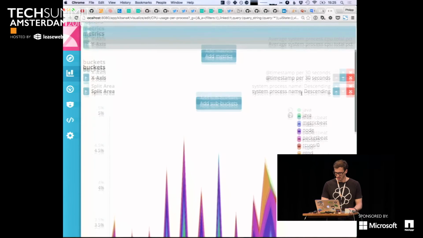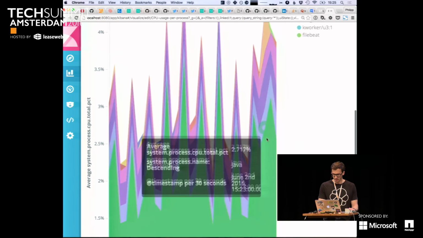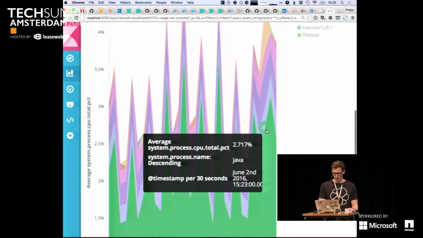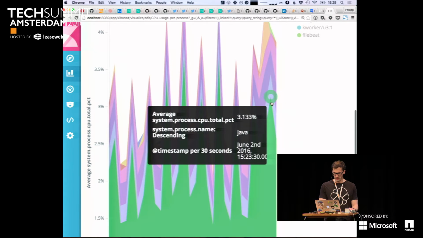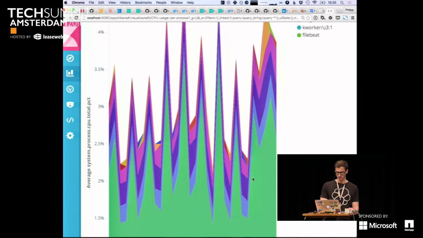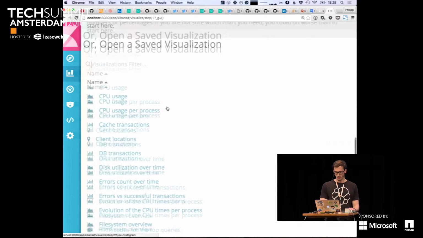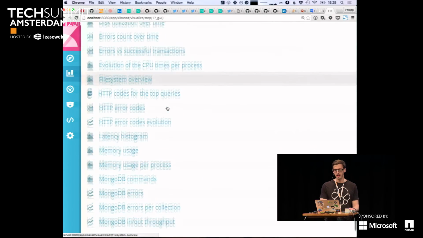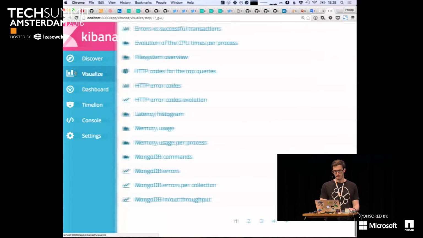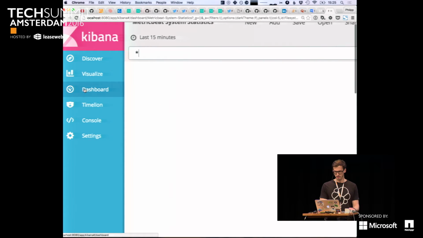So you can have all the different parts and pieces that are running on your system, and you can see, okay, probably something happened here because Java used more CPU than previously. And you have all the different visualizations, or many that make sense. And then you have the dashboards.